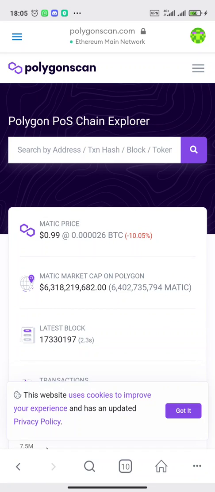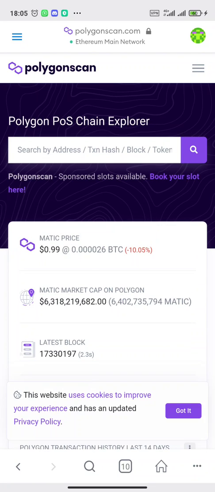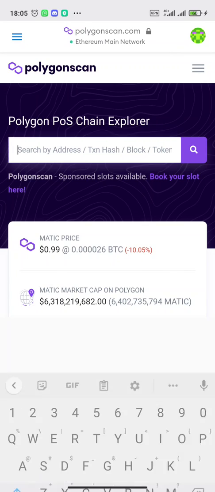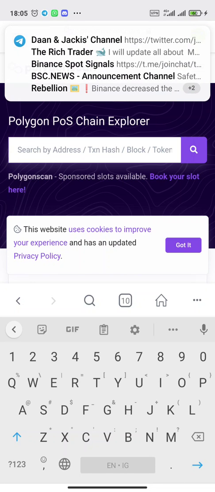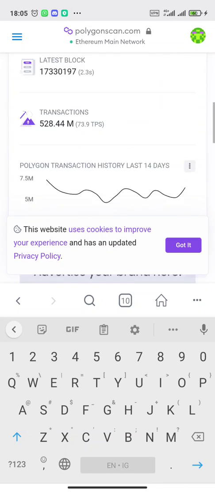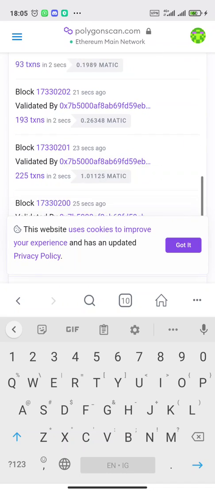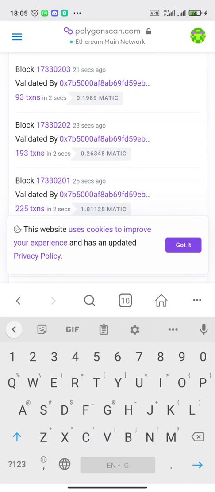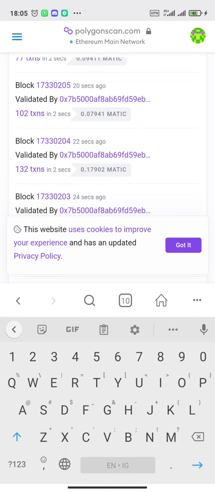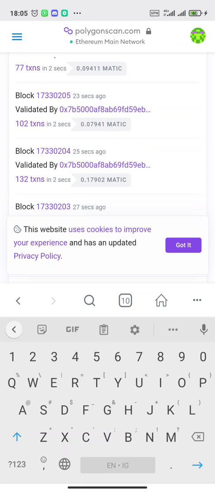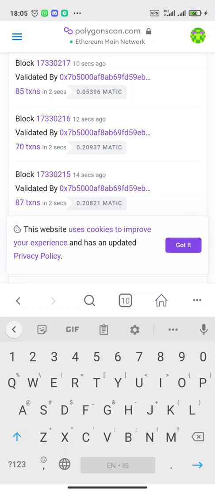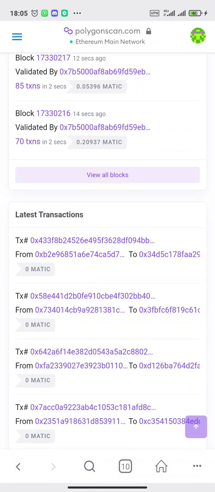Now see, it's polygonscan.com. Then you copy your address, the address that you used to receive the Uniswap airdrop last year, and paste it in this search button. In the address that comes out, you will see that you received the 3,200 several days ago, in the list of transactions below the screen of your phone. So when you confirm that,